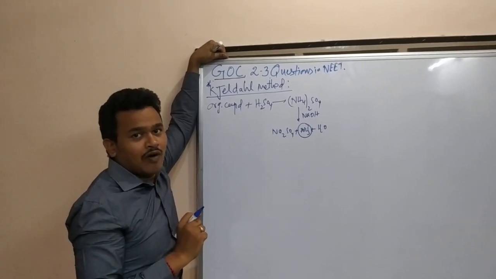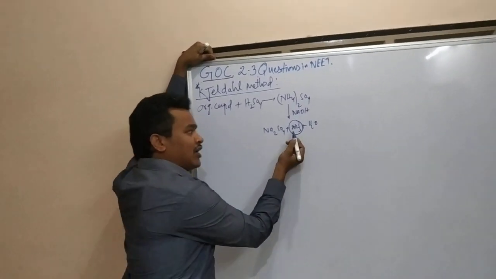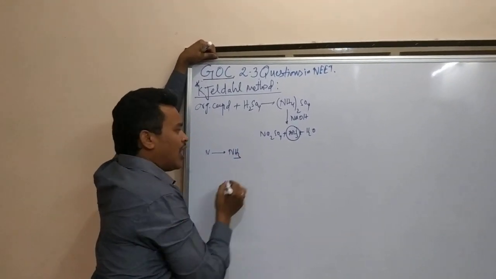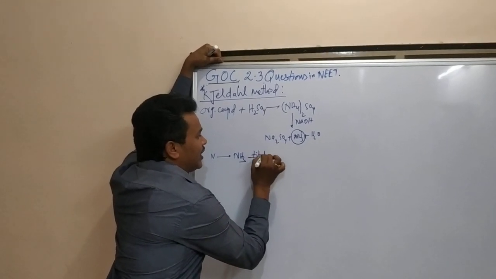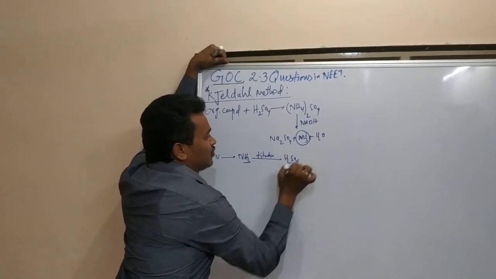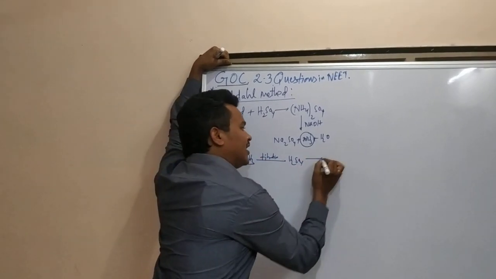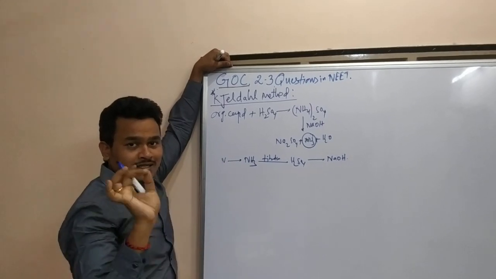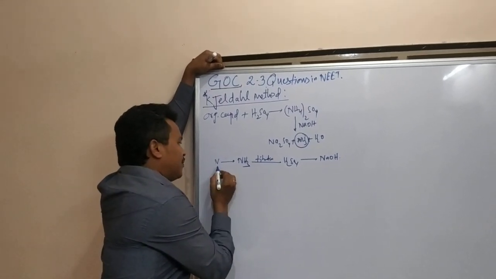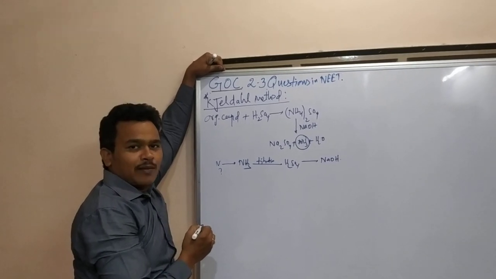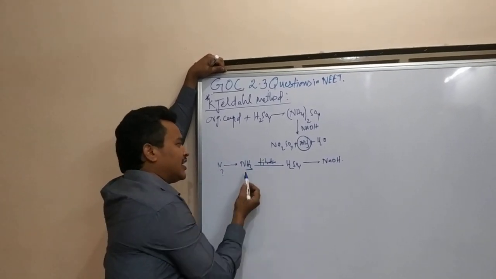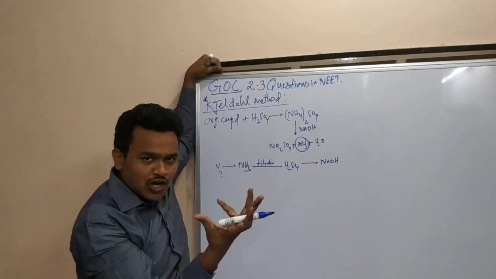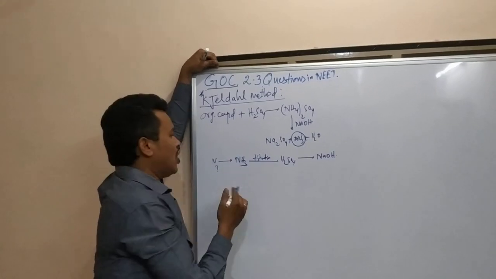Very simple. What I am going to use is, I need nitrogen. Nitrogen is present in ammonia. Ammonia I am going to titrate with H2SO4. How much H2SO4 reacted, I am going to measure by using NaOH. This is the Kjeldahl method. My target is to detect the amount of nitrogen. Nitrogen I cannot get directly, so it is coming in the form of ammonia. Ammonia is releasing. How much ammonia is releasing? How can I identify? By using H2SO4.